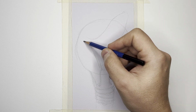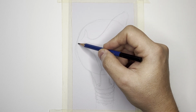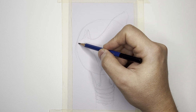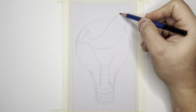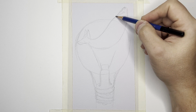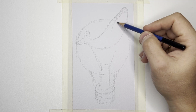I will sketch first now the whale, like that. I'm giving it a slightly curved tail and it's breaking out of the light bulb. So for that you draw part of the whale out of the light bulb. Here we'll also add a mouth, the eyes,